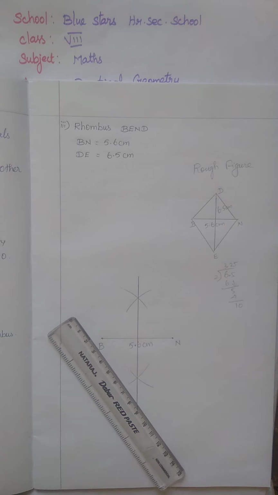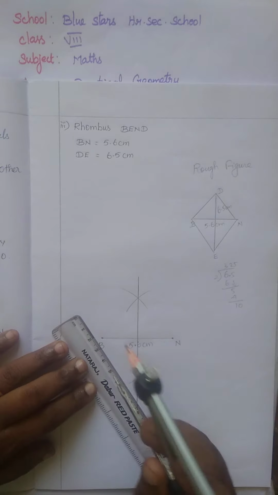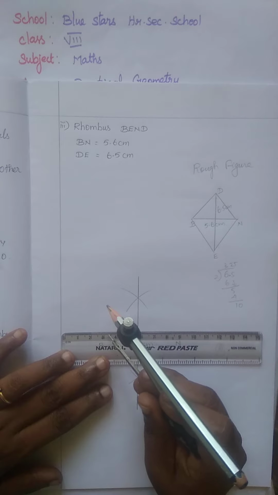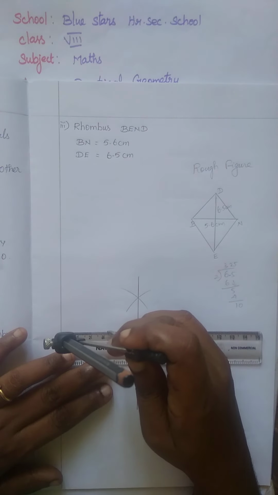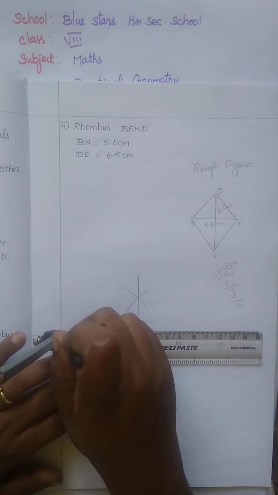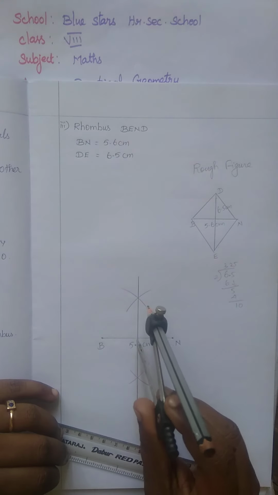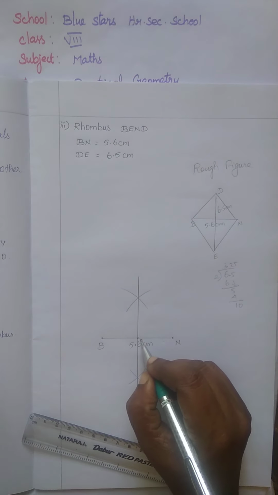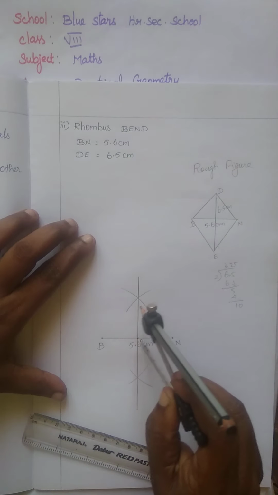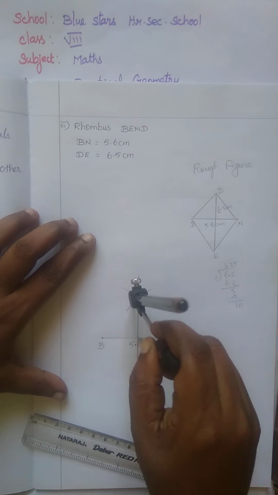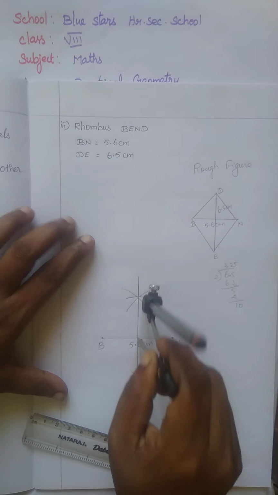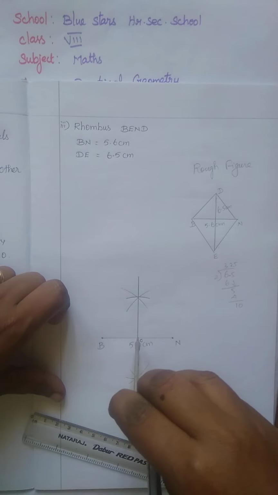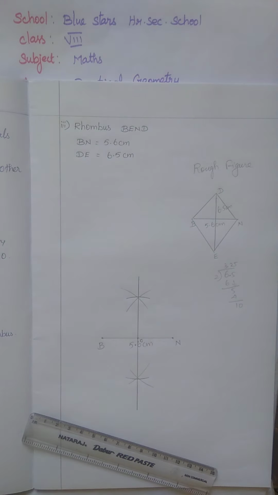Now take your compass length 3.25 centimeter. 3.25 is the space between 3.2 and 3, we take that. This is 3.25. Now keep your compass tip on the center point. Let us call this center point O. Keep your compass tip on the point O and cut an arc. Whether it joins the earlier arc or not does not matter. We have drawn an arc of 3.25 centimeter.